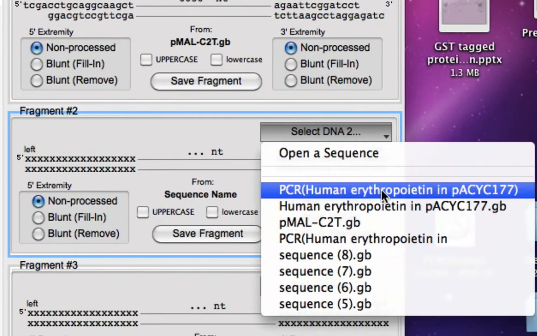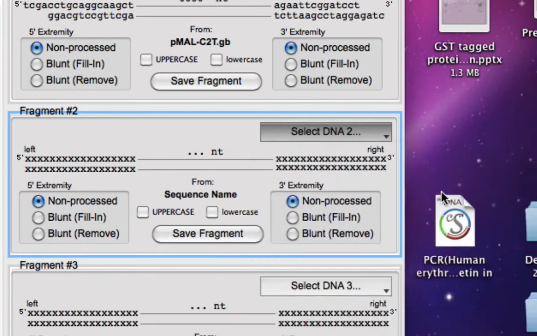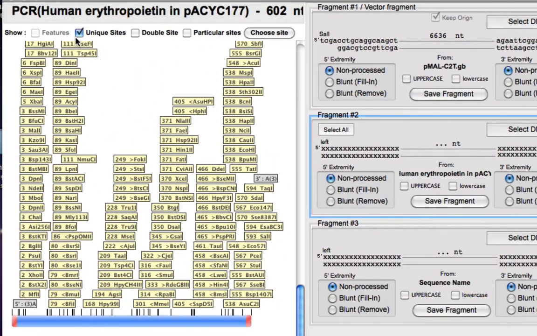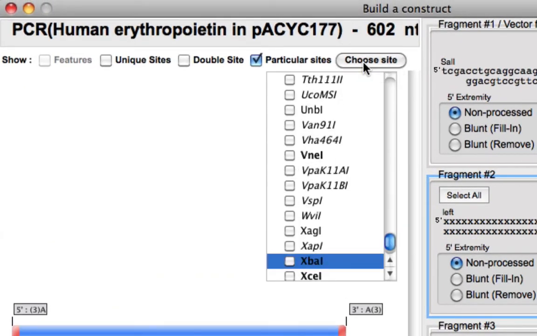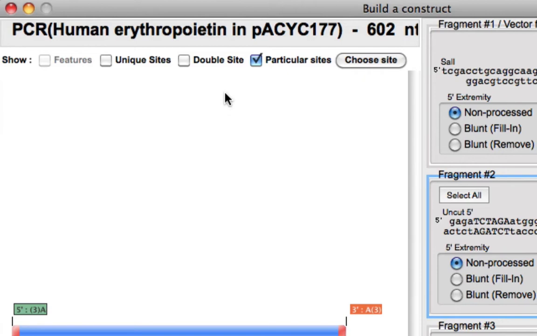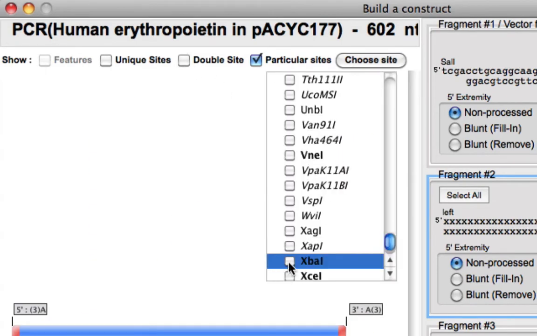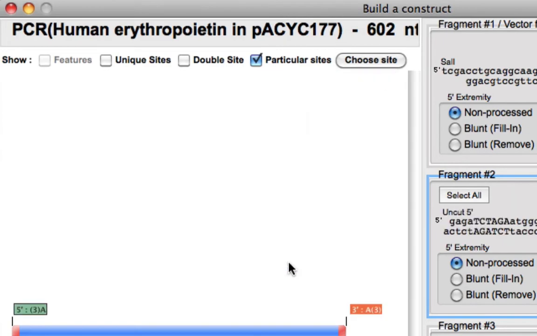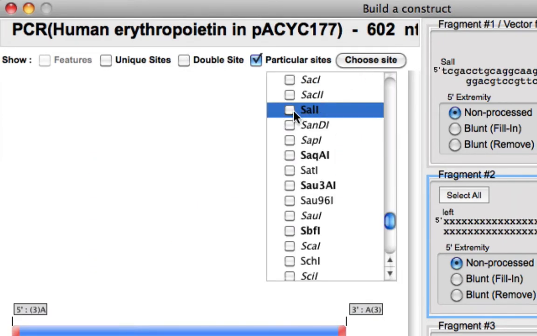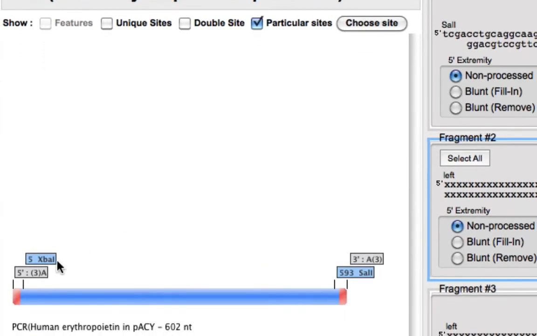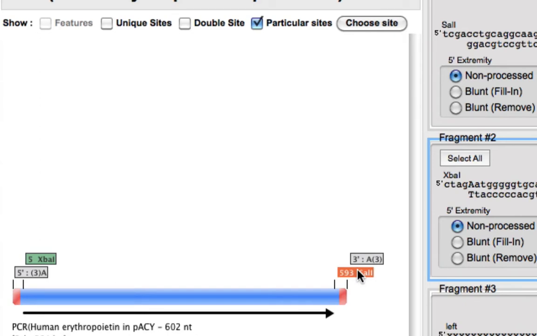Now the donor plasmid, PCR human erythropoietin in pACYC177, that's the PCR amplicon we have. So I'll select XbaI and SalI. And now click on XbaI, press shift, click on SalI.